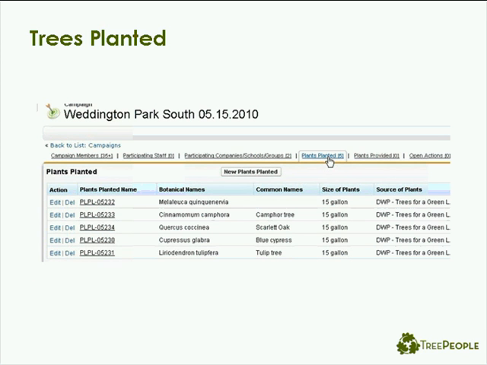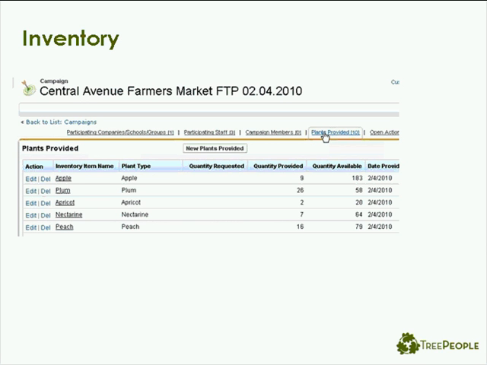So that's really helpful. And as I mentioned before, we use an inventory program, eventually we're going to use it for all the trees that we have up in our nursery. Right now we're mainly using it for our fruit tree distribution program. So I can see in there that we still have 183 apple trees left that we could distribute to groups. And so we can go in there and do that and just see, in the moment, exactly what our inventory is.